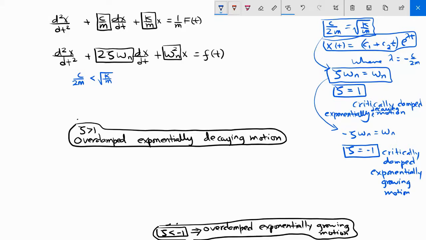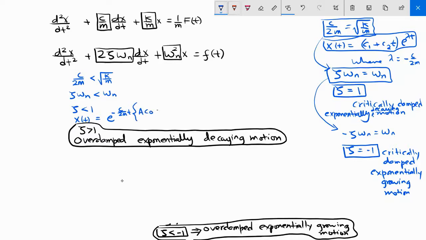Again, let's write this in terms of zeta and omega n. So this gives zeta is less than 1. And in this condition, the solution was sinusoidal, and x as a function of time was e to the power negative c over 2m t,